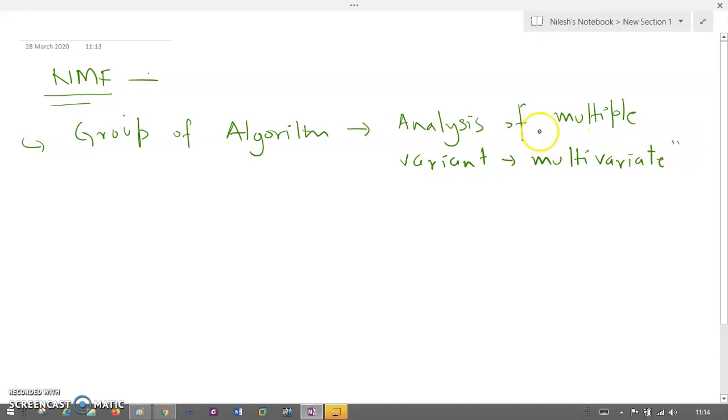It is a group of algorithms actually used for multivariate analysis, and in linear algebra